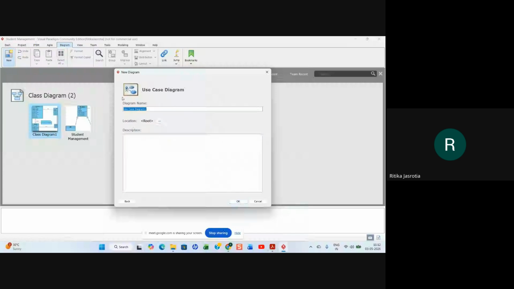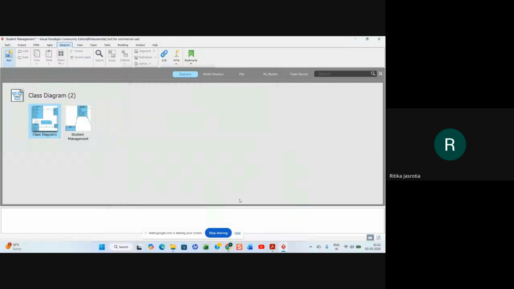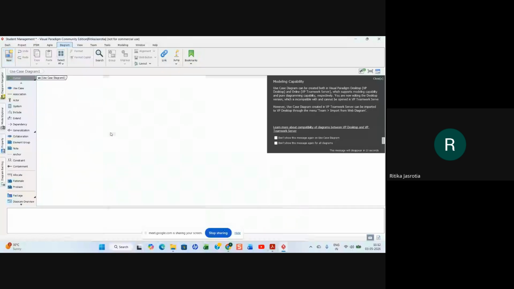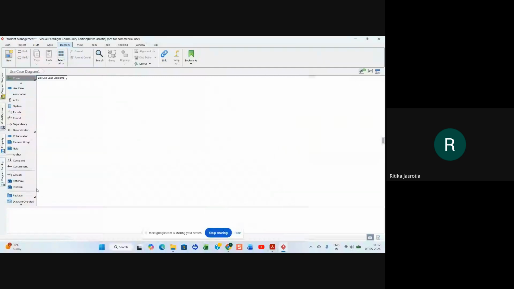You can give the name of the diagram, right? And this will open. Right, so you have actor, association, use cases, and the system. These are the main components of your use case diagram, right?